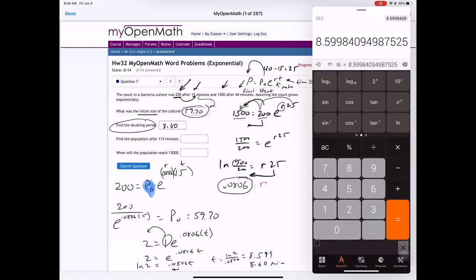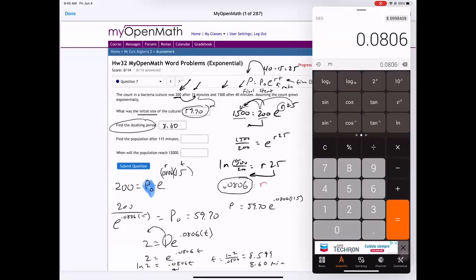Okay, so the next part is, now that we have our initial, they're asking what is the population after 115 minutes? So if we start off at 59.70, what is the population after e to the 0.0806? And the t-value is going to be 115 minutes. Okay, and this is just straight plugging it in. I'm going to do the exponent first, 0.0806 times 15 equals, I'm going to e that number, and then multiply this new number by 59.70. Now, why am I using 59.70 versus 200? Remember, 200 isn't the initial value. 200 is